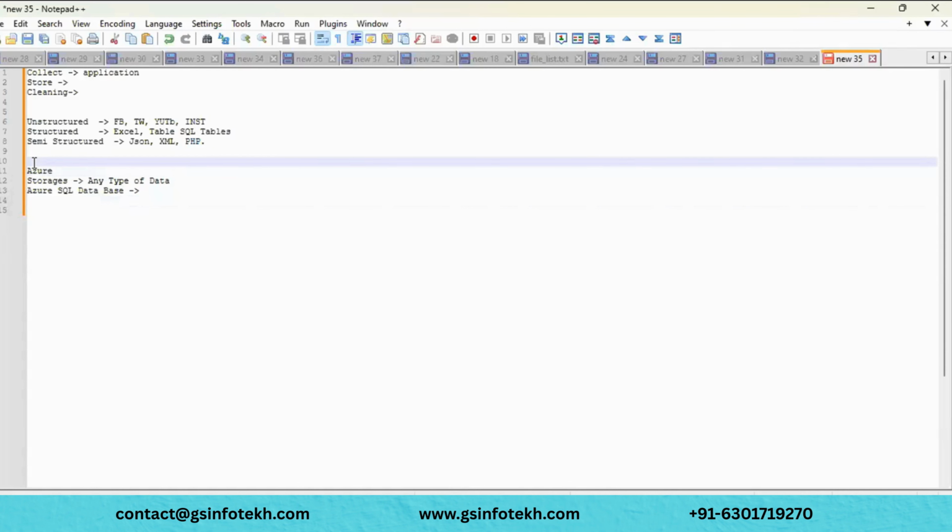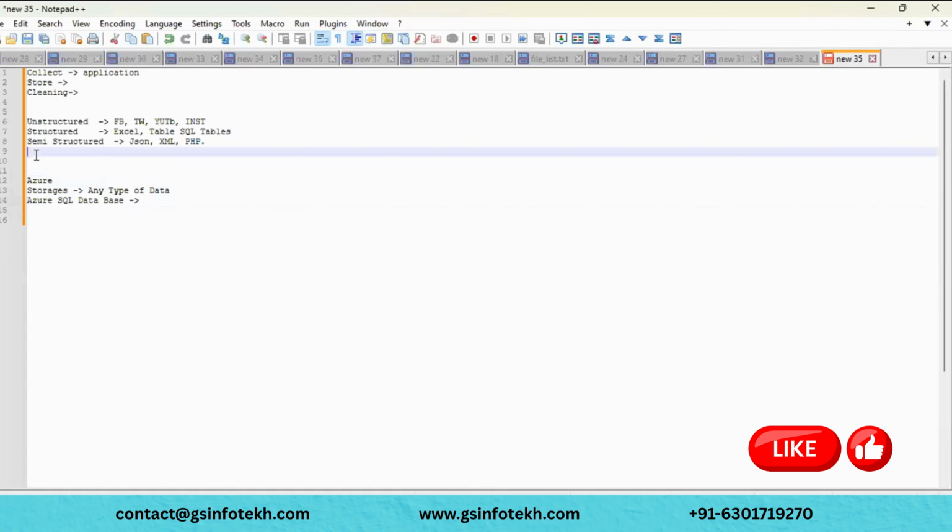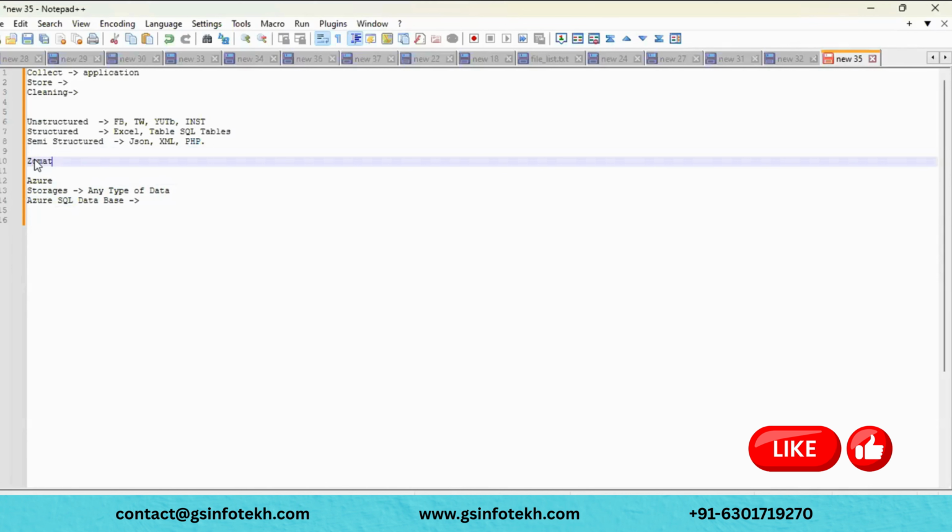And before coming into Azure, let's take one scenario. We have some application, for example, Zomato. In Zomato, whenever you register, one ID will be created on your name, and whenever you place some orders, the data will be captured in the database. For that Zomato application, whichever database has been configured, the data will be stored there. Let's take Oracle. They have configured an Oracle database which exists on-premises.